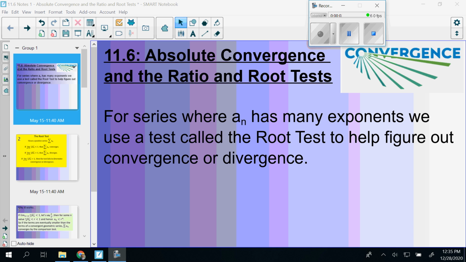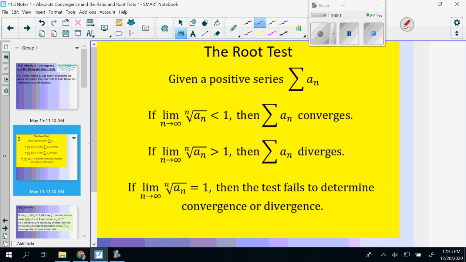Today we're going to be looking at two new tests called the ratio and root tests. When you have a series where there's many exponents, we use a test called the root test to help us figure out convergence or divergence. So how that root test works is if you have a positive series, a sub n,